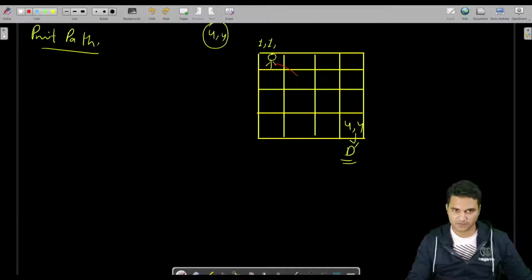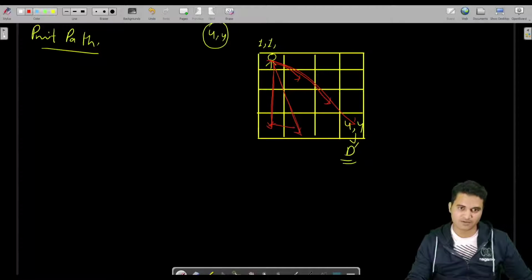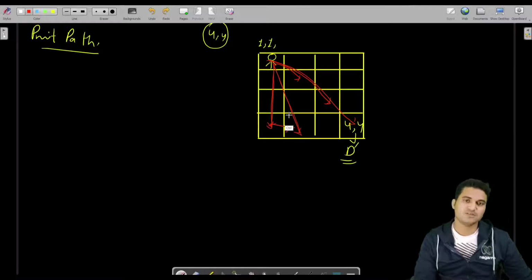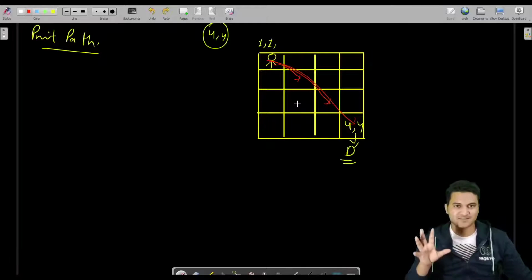Similarly, you can take from here to here, you can directly jump from here to here, but you cannot directly jump from here to here. You are allowed to only move horizontal, vertical or diagonal. So this is neither horizontal, nor vertical, nor diagonal. So firstly you will have to come horizontal, then you can take vertical, then you can take one step horizontal. So this is the restriction.